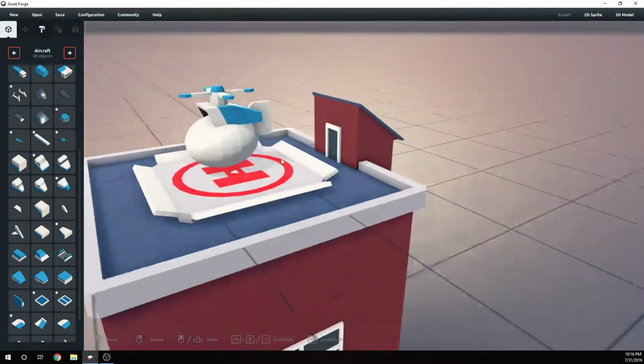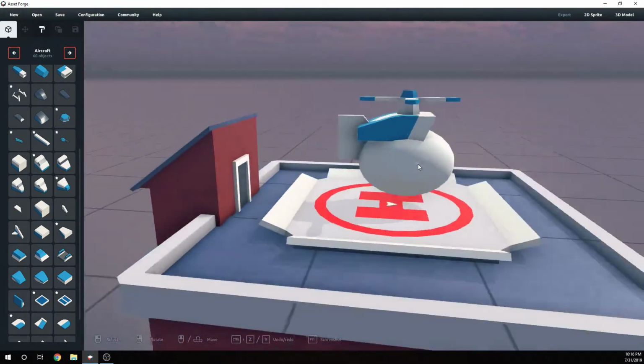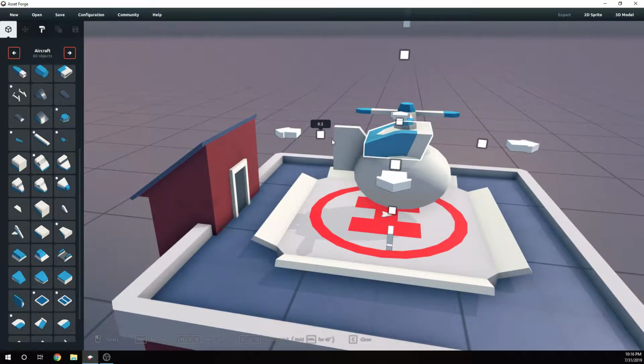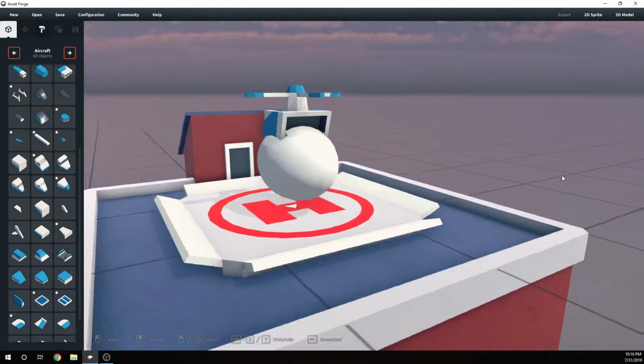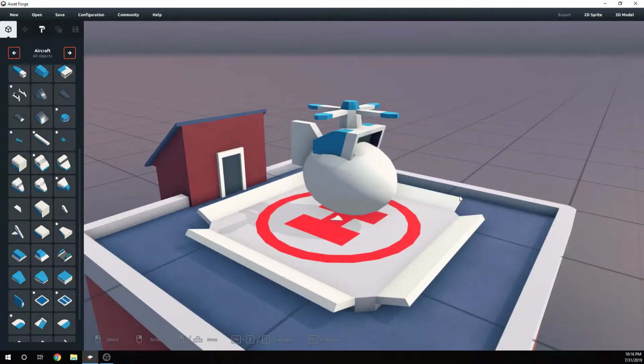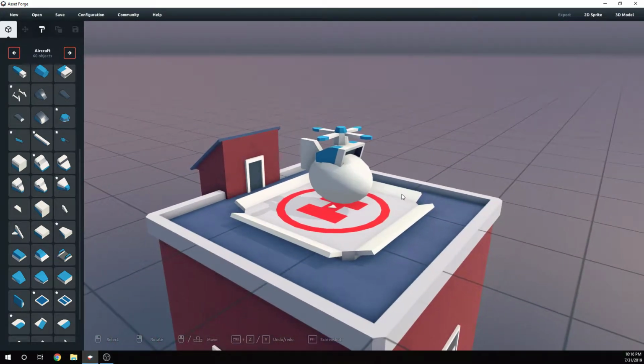And you know, I think that maybe I'm not entirely satisfied with the shape of it. I might scale this down a bit. There we go. That works a little bit better. And what I'll do next is somehow figure out how to get a windshield on this thing. It does not look good without it, but I'm first going to apply